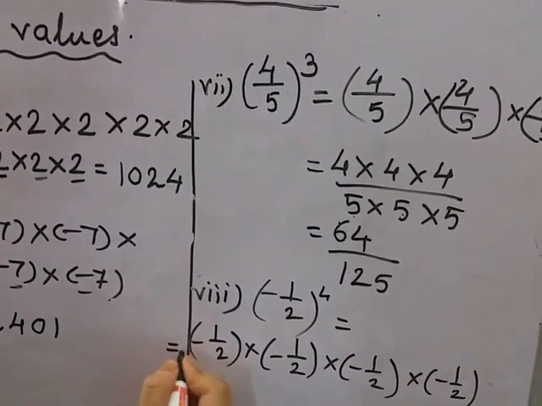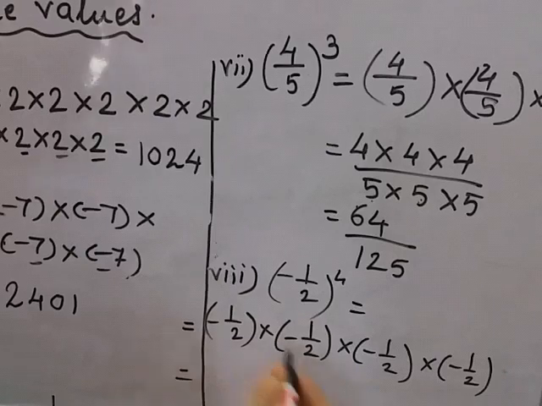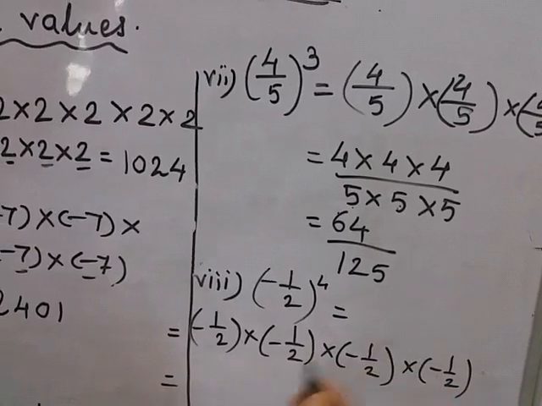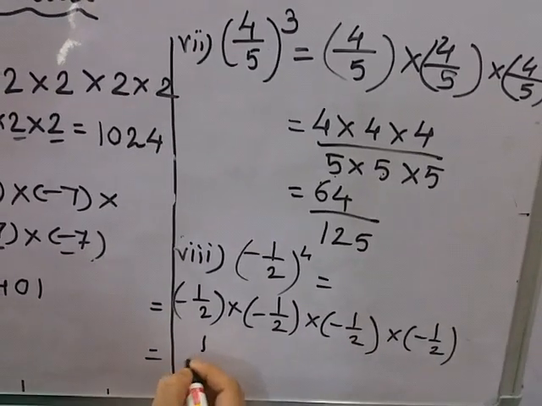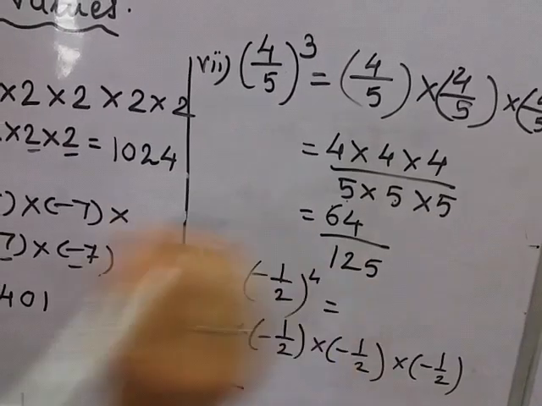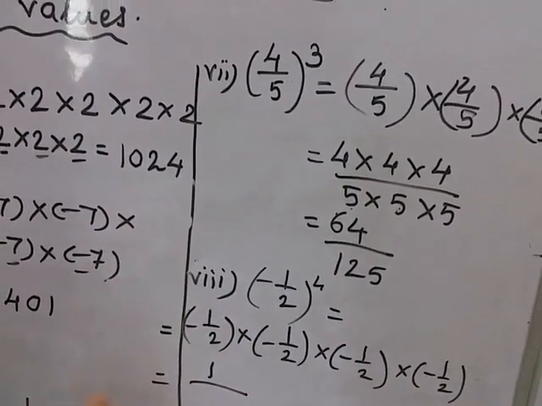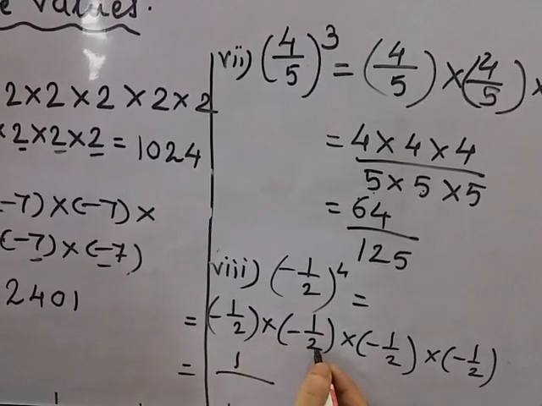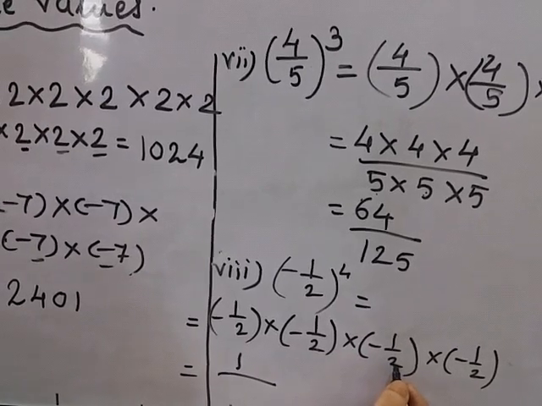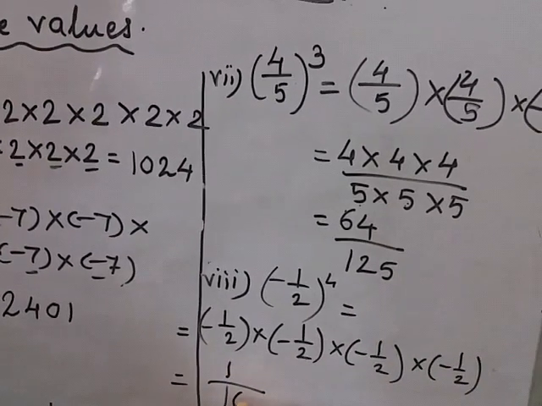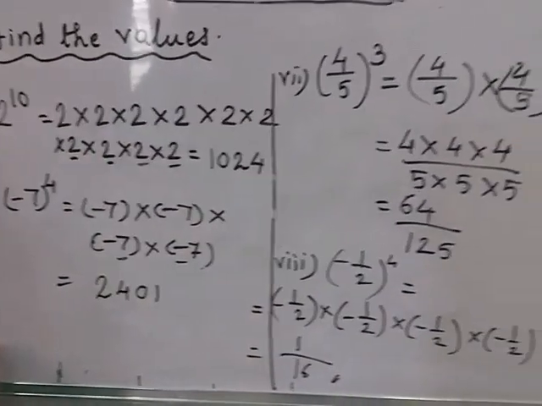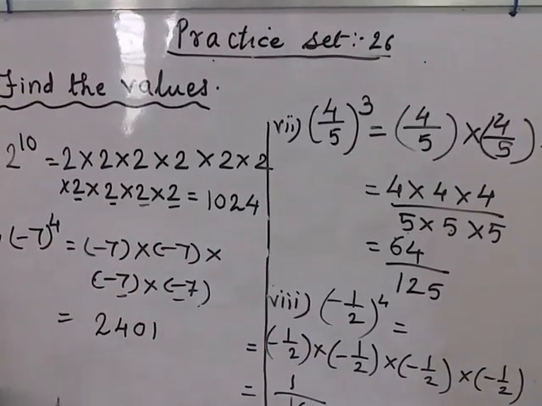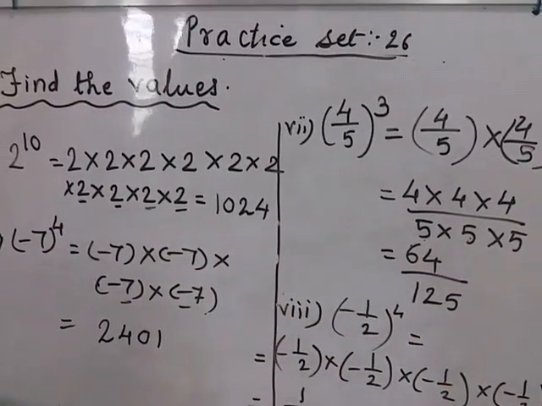Okay. Now numerator and numerator multiply together. So student, instead of doing this step, we can do it directly also. Now here everywhere the numerator is what? 1. So what will remain in the numerator? 1. One more thing student, here the index is an even number, so we are going to get the answer positive. Okay. So now let's multiply the denominator. 2 twos are 4. 4 twos are 8. And 8 twos are 16. Okay, I hope you understand what I did. Numerators multiply together and then the denominators multiply together. And our index is an even number, so the answer is positive.